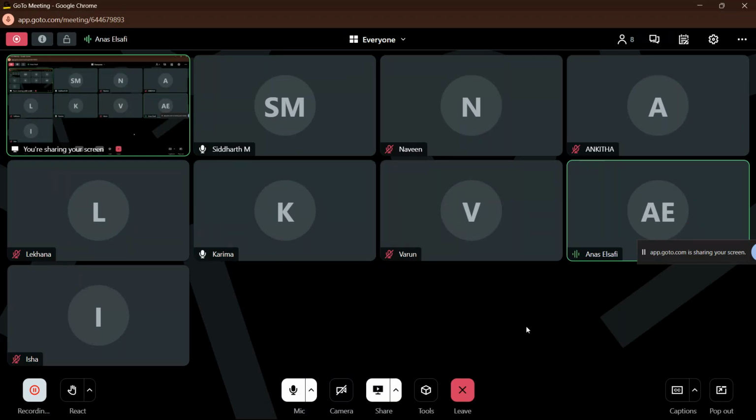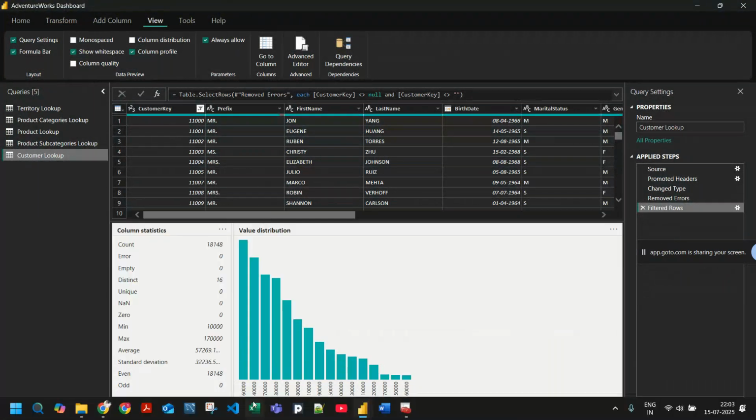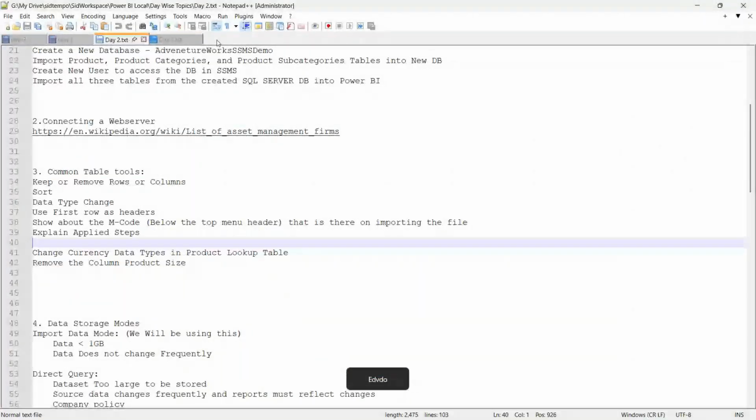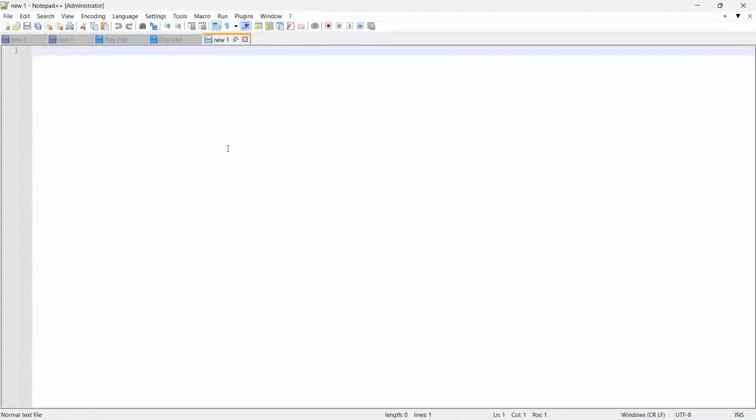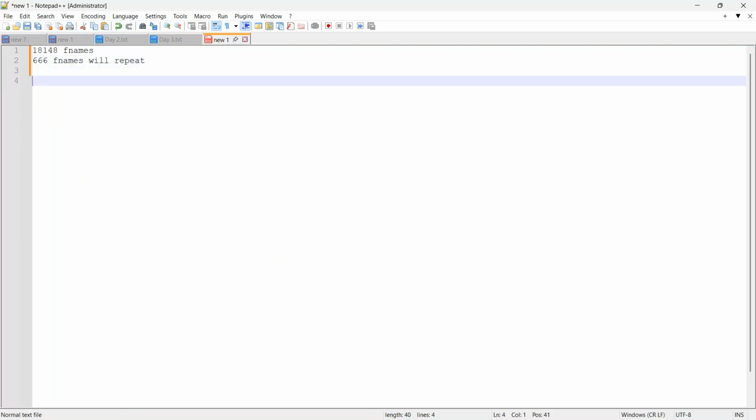Is the 89 number of unique values part of the 666? No, that's what I mean. I'll quickly show you. I'll take 2 more minutes. In this case, let's say I have 18,148 rows, totally. That is first names. In that, 666 distinct first names will repeat. And the last 89, I will say, for example, in this 18,148 minus 89,